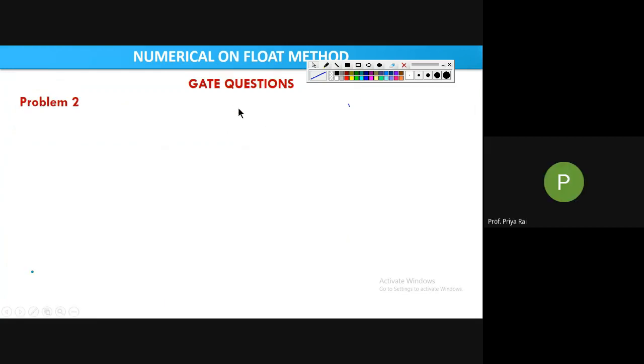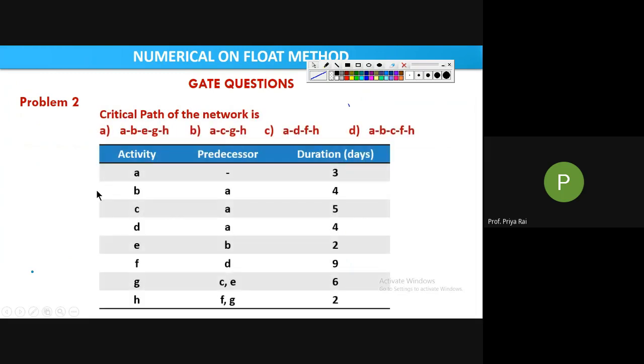Now problem 2. You will try to solve this. Okay. So this is to find out the critical path from this network diagram. Same method, only here the denotations are different. There it was 1 to 2 like that, but here, instead of 1 to 2 we say A activity, instead of 2 to 3 we say B activity, like that. Okay, so it is like this.